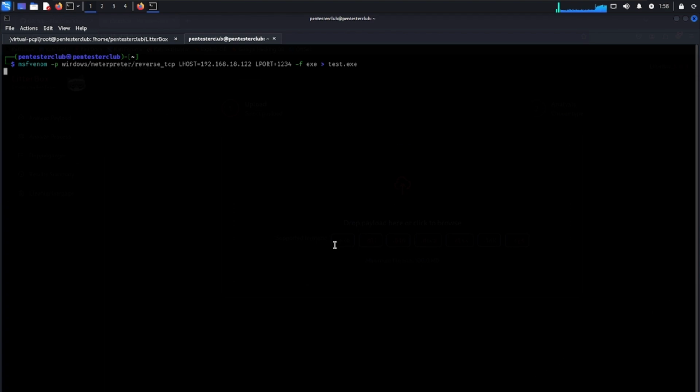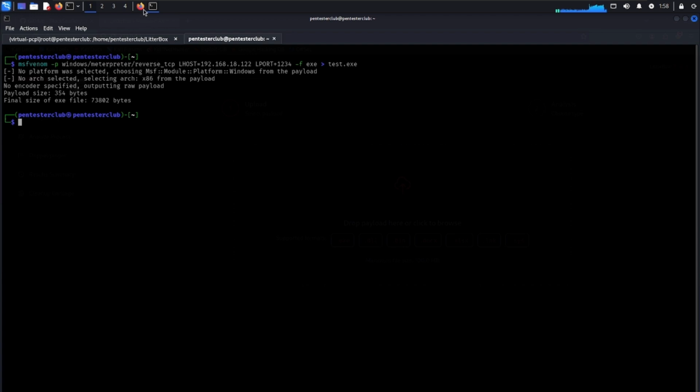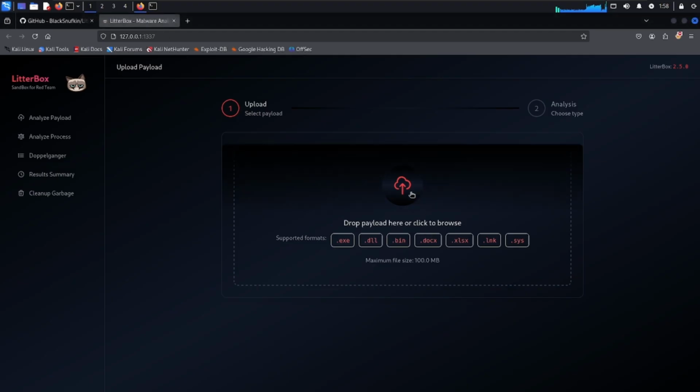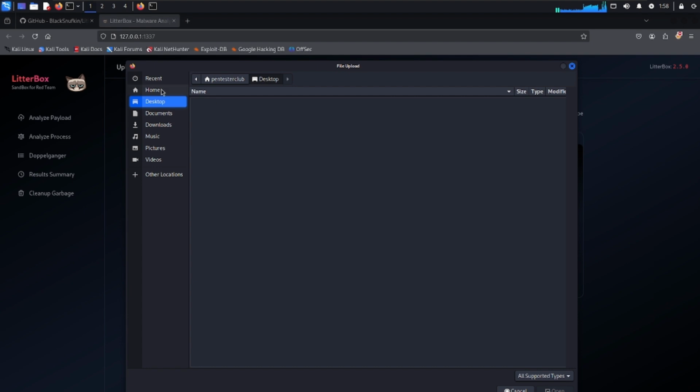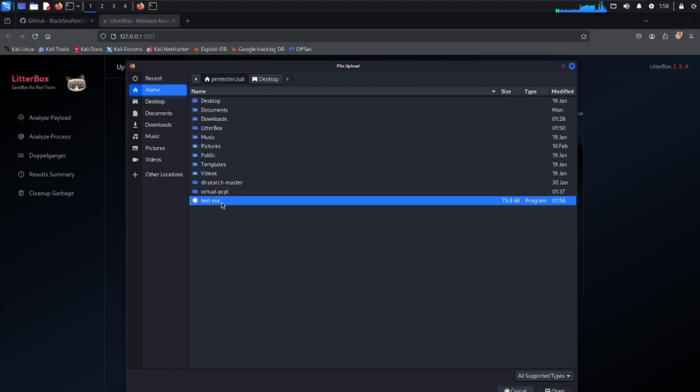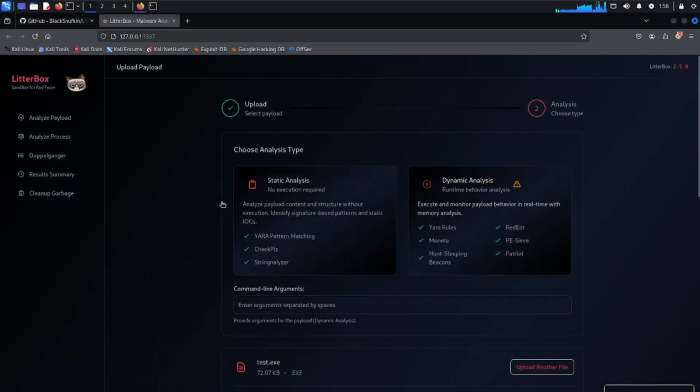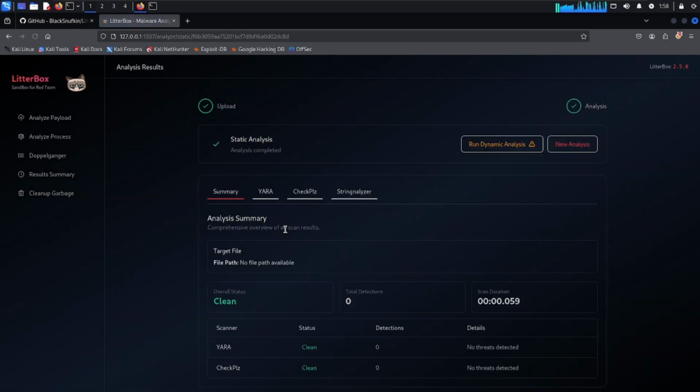It will create a payload for us. Now we have got a payload here. Now let's try to upload it in the home directory. Test.exe. Just open here. Now you need to choose how you want to try here. No execution required, runtime behavior analysis. So you would like to look here at static analysis. Now in the summary, the analysis summary,